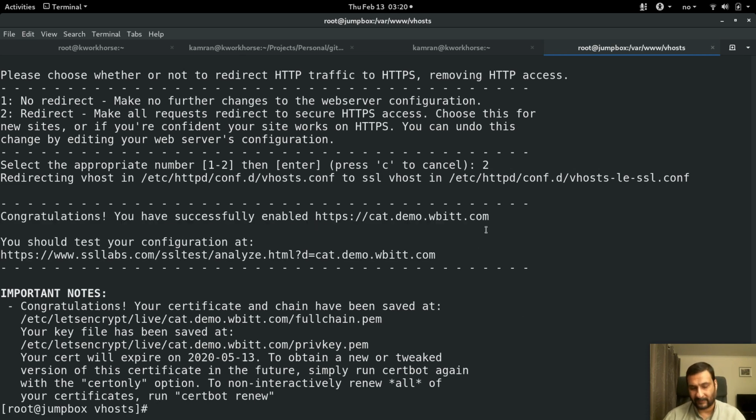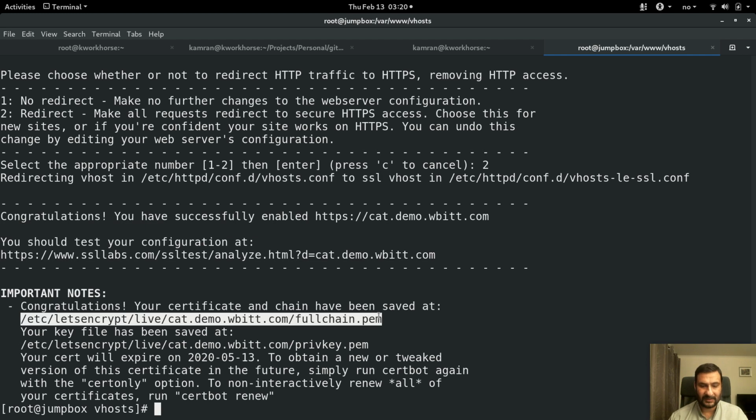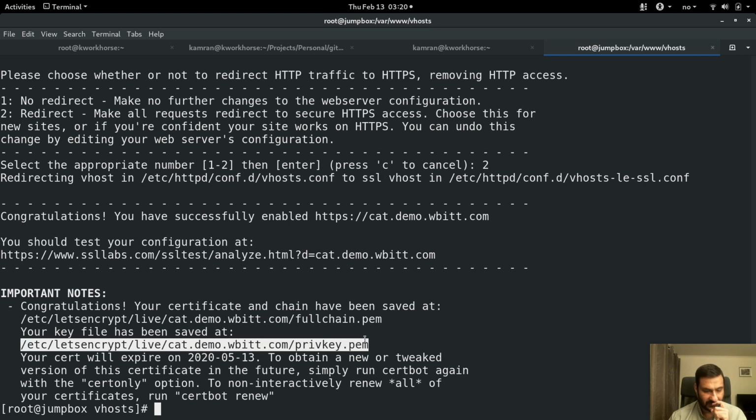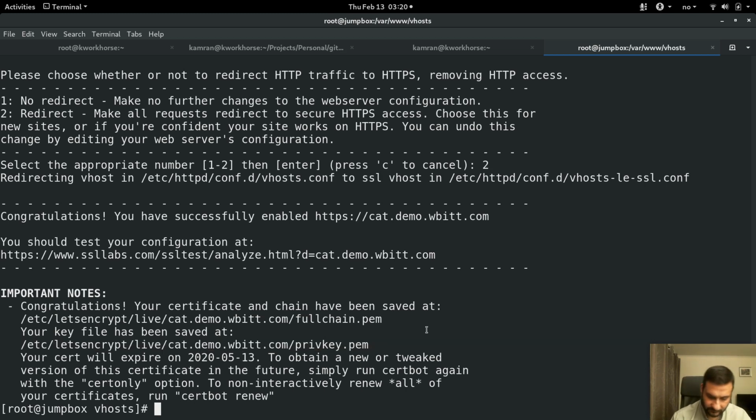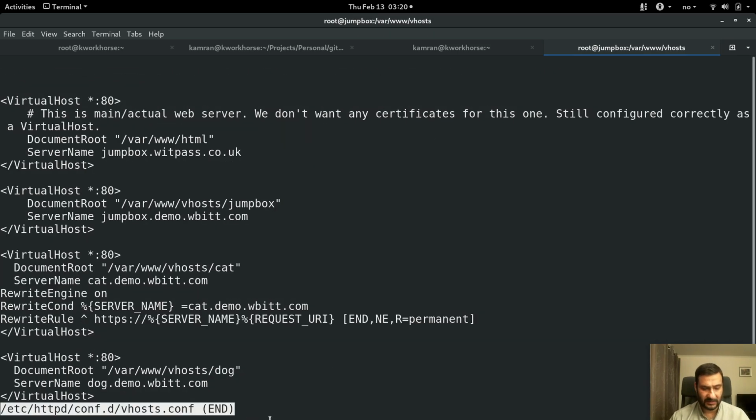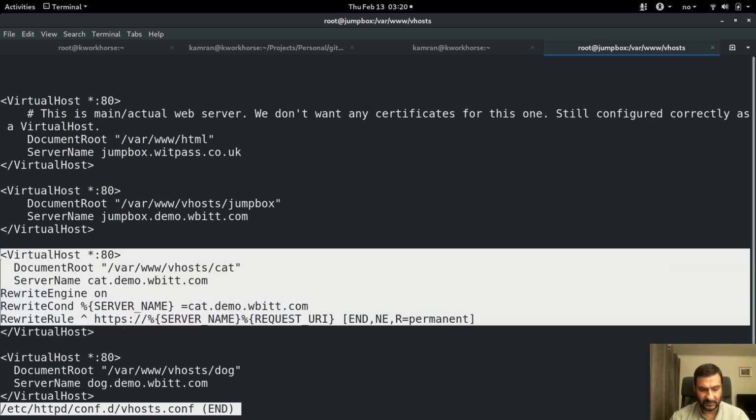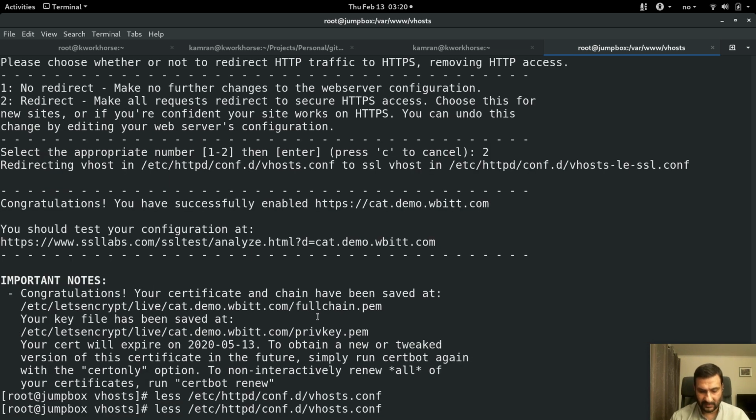Very good. I can verify it through HTTPS, and I can also show you what all changes certbot has done. It has downloaded some certificates and it has placed them in these special locations which I mentioned in the previous video. This is the certificate and this is the key file, right? And what changes it has made to conf.d vhost.conf. It has added some rewrite rules to the cat virtual host, which is okay, and it has also